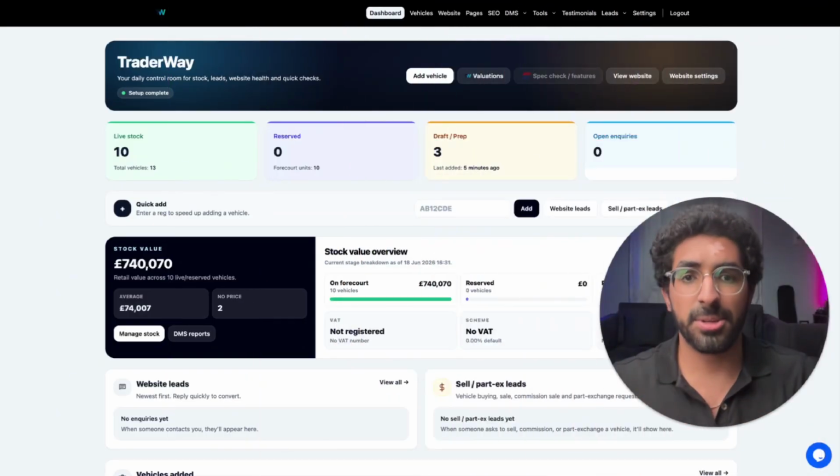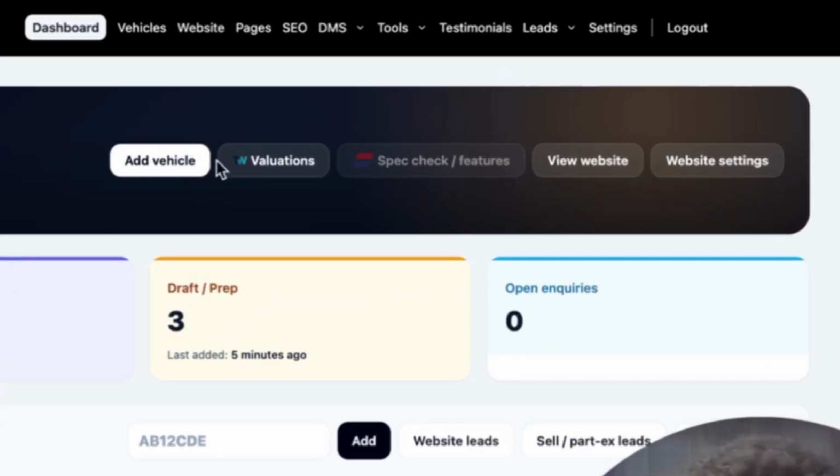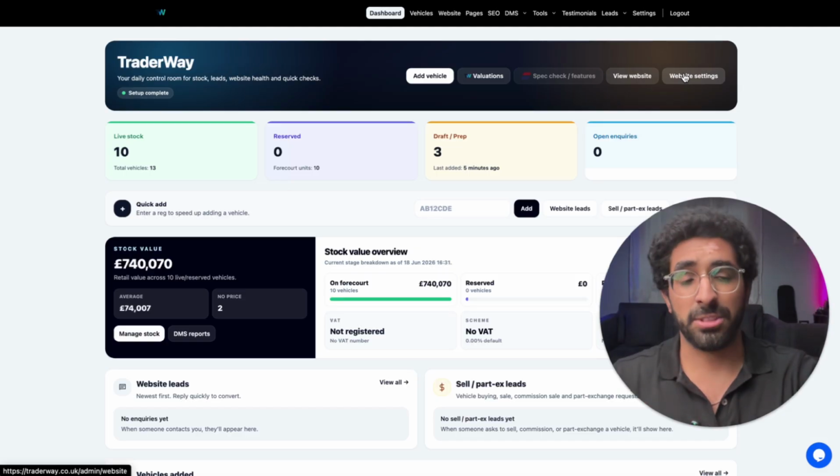Let's get into it. Once you're logged in, this is going to be the dashboard where you control everything and view all of your stats. Through here, you could add a vehicle, check for a valuation, do a spec check, view a website, or change the website settings. And in order to add your own domain here, we'll have to add it through the